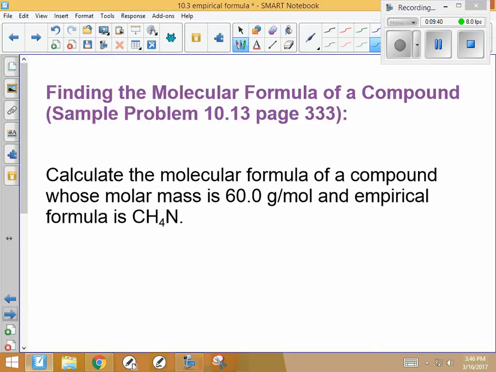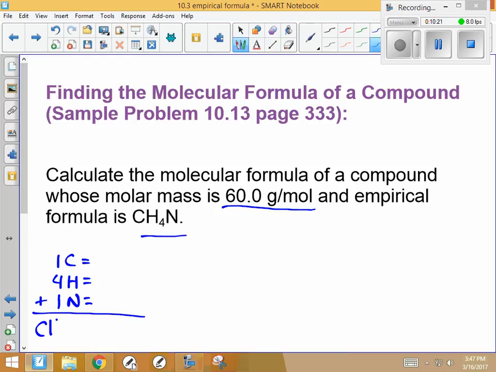And here we go. Here's another type of question that we can answer. This is sample problem 10.13 on page 333. We're going to find the molecular formula of a compound using its molar mass and its formula. Here's its formula right here. We know that the molar mass is 60 grams per molecule. My first step is going to be what we've done in the past. I have 1 carbon, 4 hydrogens, and 1 nitrogen. If I calculate the molar mass of these and add them all together to get the molar mass of